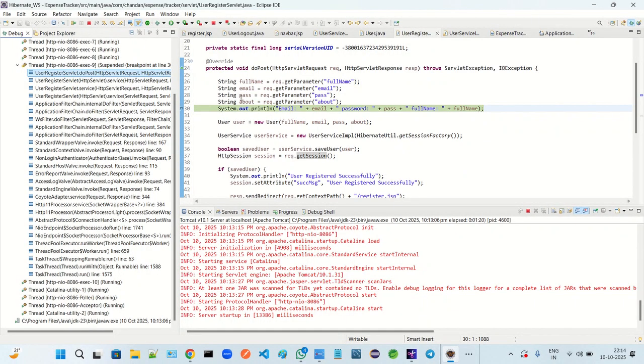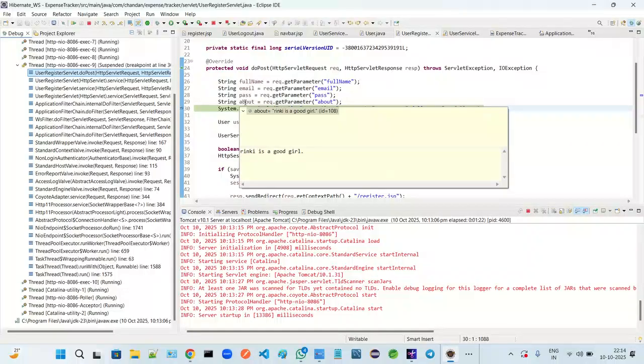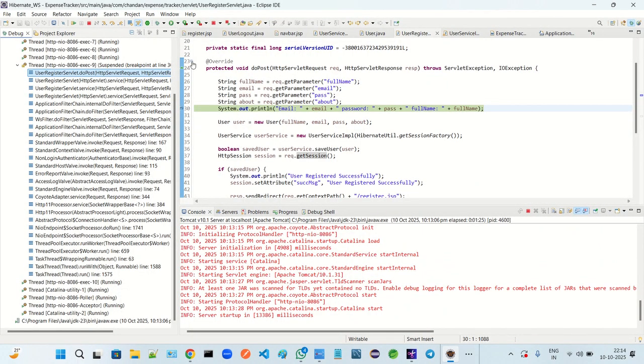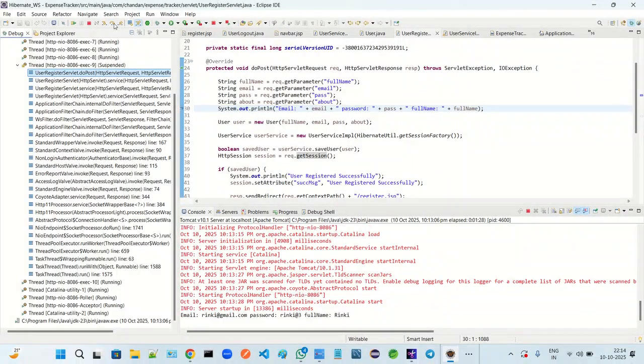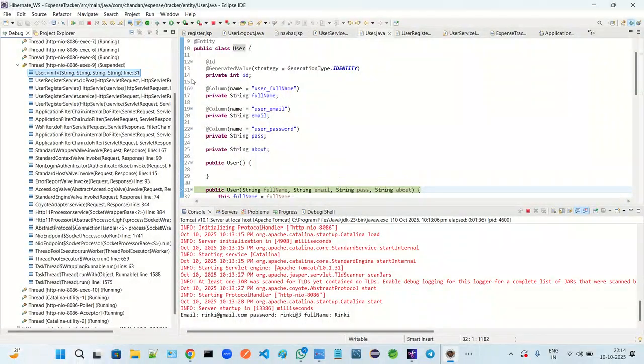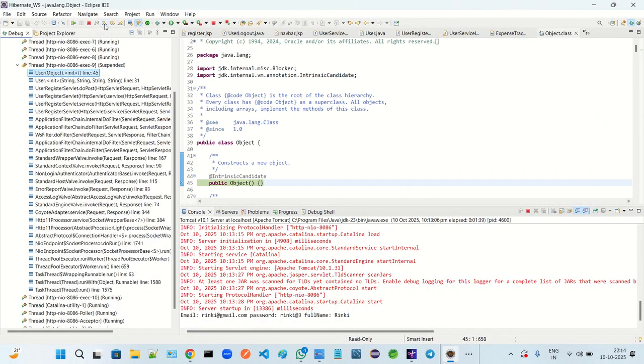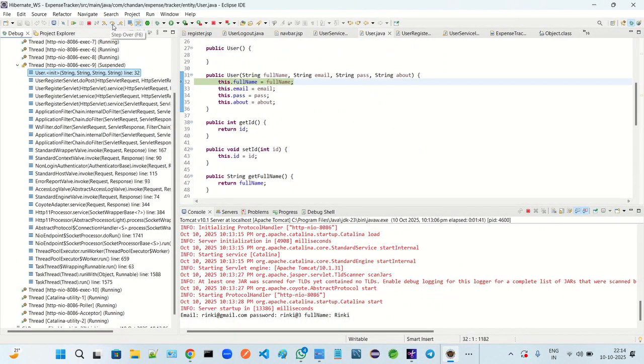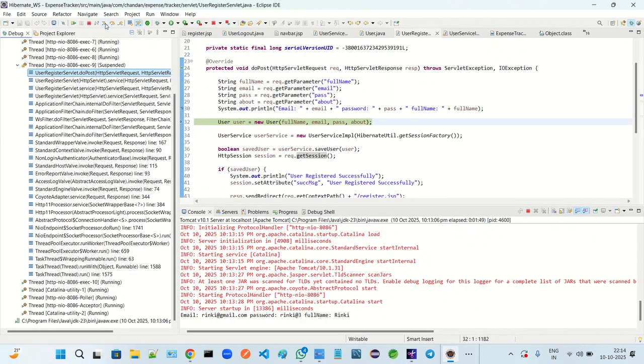Password about. Now we'll click on this step over. We'll use this step into, it will take us up to that service and service info. Okay, it went to create that object. After creating the object, let us go next. Let me now go to that step into, it will take us up to that service info. So in that service info we can see